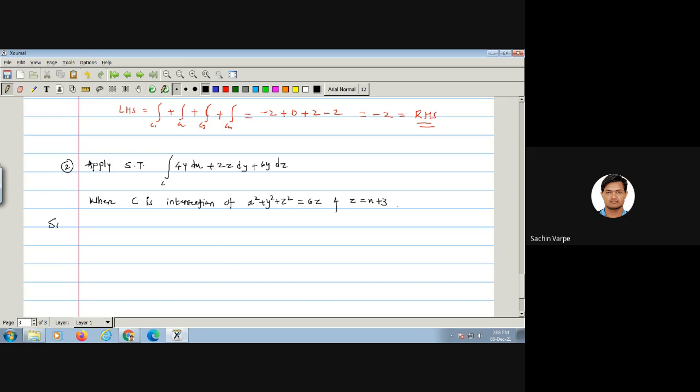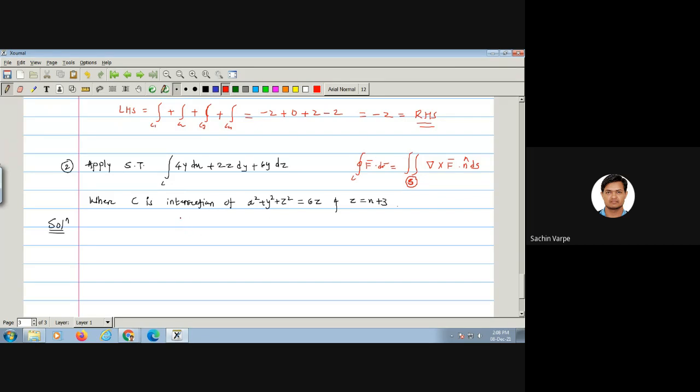So first of all, you should know the statement of Stokes theorem. It says the line integral over the closed curve C of f bar dot dr bar is nothing but the double integration of the normal component of curl of f bar over the surface S, which is bounded by C, and S must be open. So to use the Stokes theorem, we should get such S first of all. Can you see the surface S here?